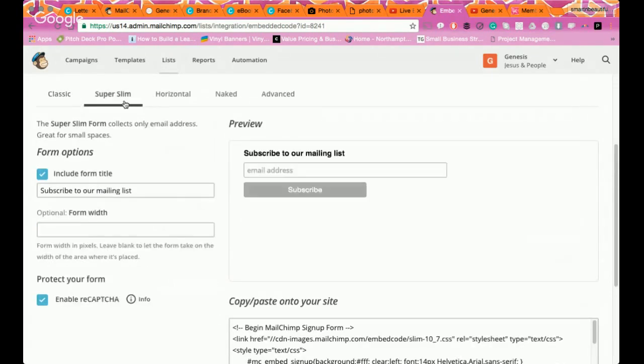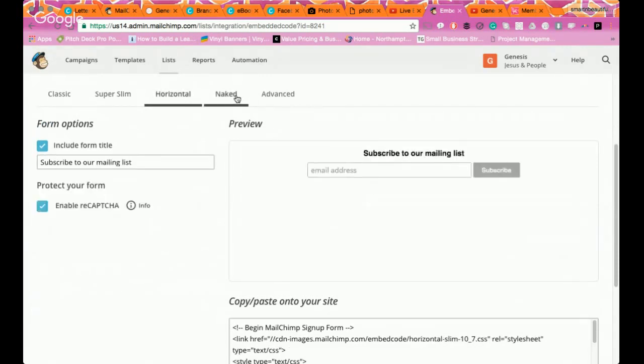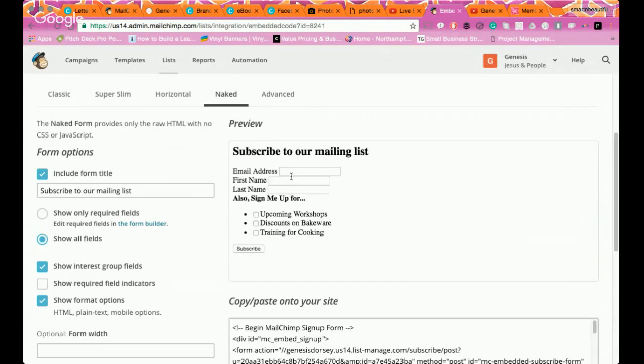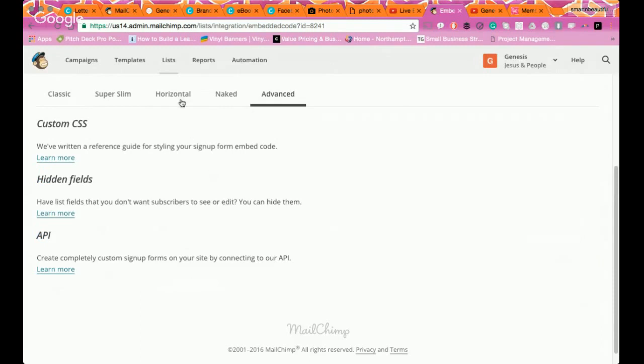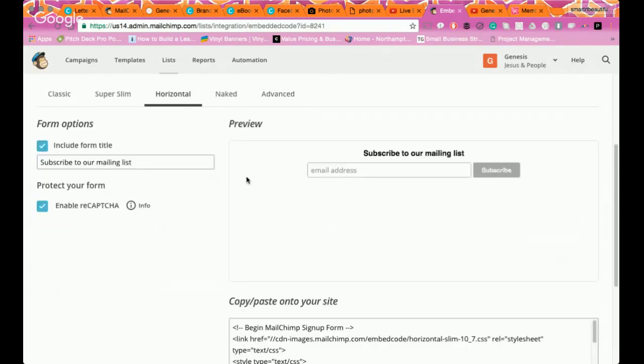They also offer super slim, which is very slim and horizontal and goes across, and naked, which you really want to do if you're doing coding or anything like that. And then of course you have custom coding, where you can actually custom code it out. If you have a coder or someone with web developer experience, you can have them design a custom format. The other place where you can do it as well is if you go to places like